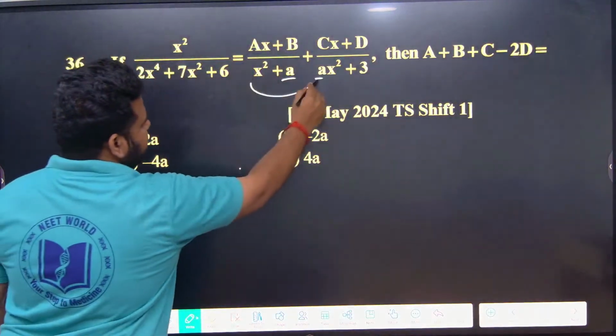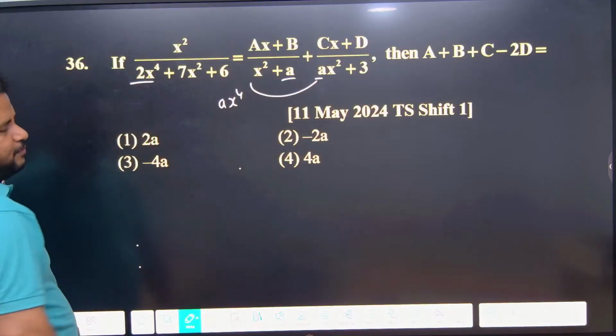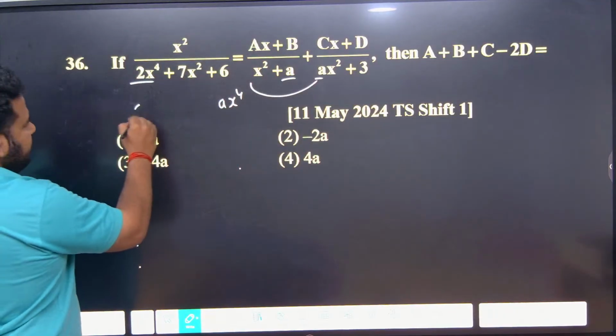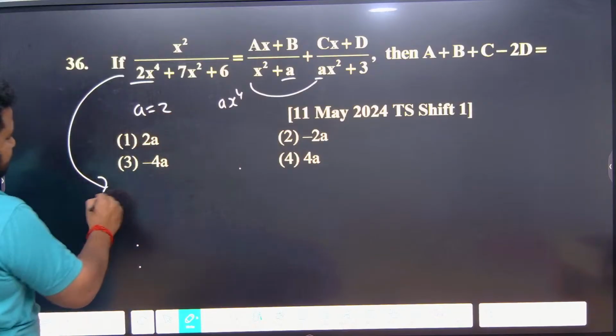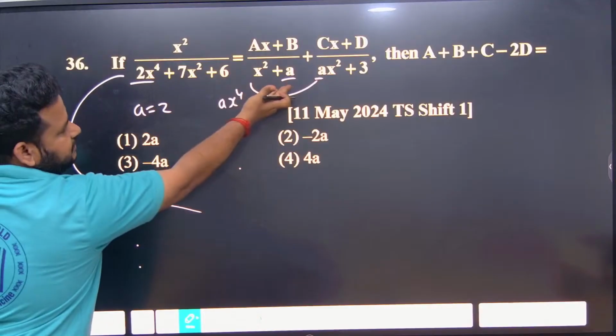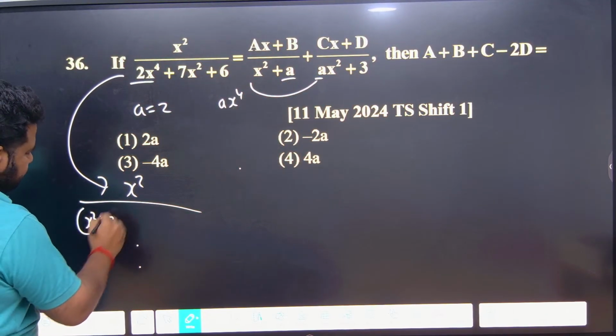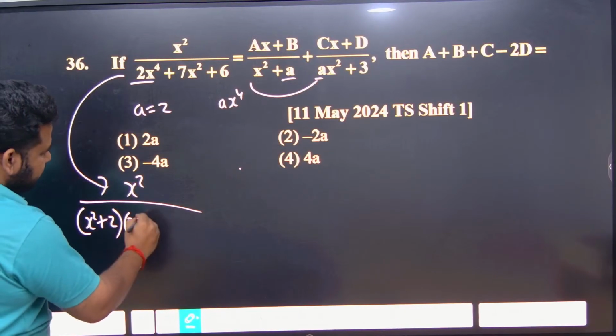So for this, simply multiplying this, we will have a into x to the power of 4, here 2 into x to the power of 4 is there. So if we equate the coefficients, I will get a value of 2. So this I can transform as, this denominator is written this way, that is after factorizing. So simply I can write it as x square plus 2 into 2x square plus 3,